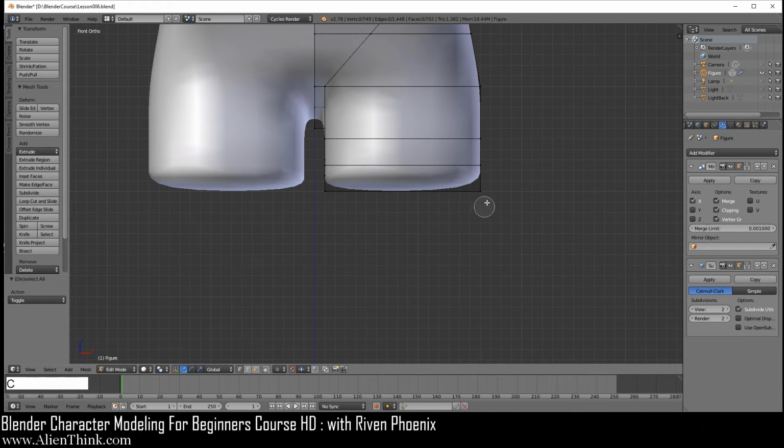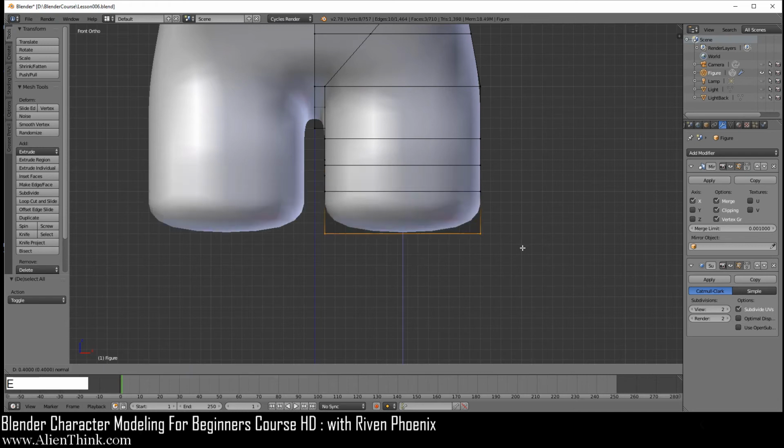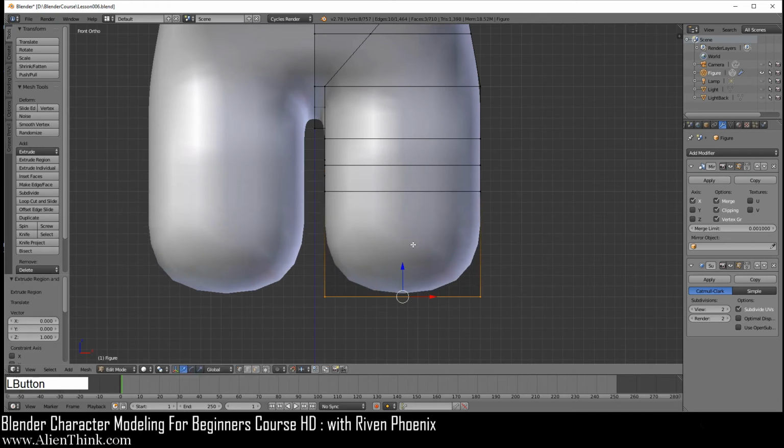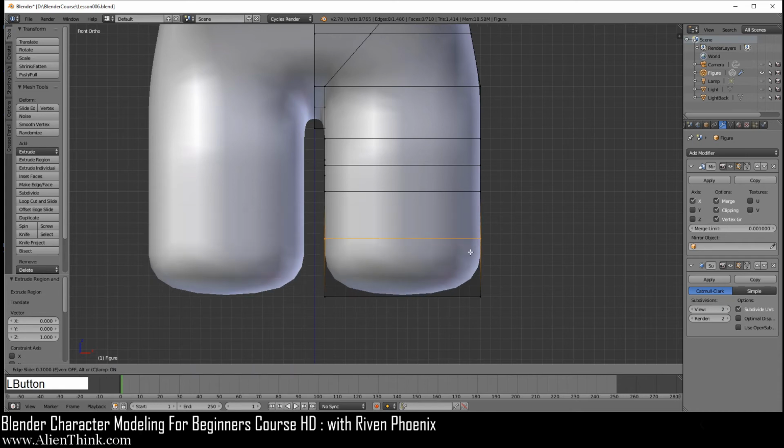Turn it on. Press the C key, go ahead and select on these, all of these, then do E to extrude and come down 1 grid unit just like this. Now you're going to do Control R. You're going to add an edge loop. You have to hover your mouse kind of like over here. Left click and then right click. Now you're going to do A to D select.